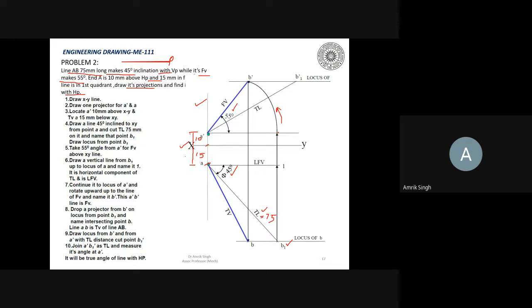You rotate this. So this line is known to you because ट्रू लेंथ आपको मालूम है यहाँ पे, this is 75. So you know this. So when you rotate this, this point will cut. So you can join this. So this will be the 55 degree. This line is known to you. So this length is known. So you draw a perpendicular from here, and where this will cut, this will be the top.